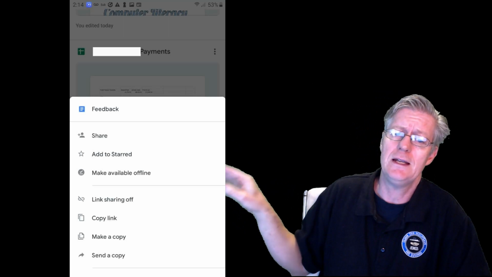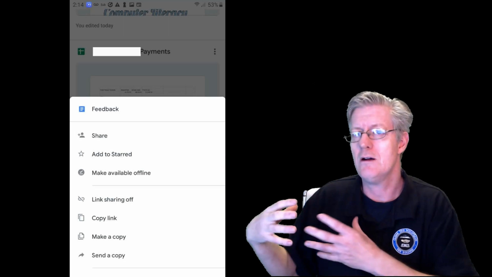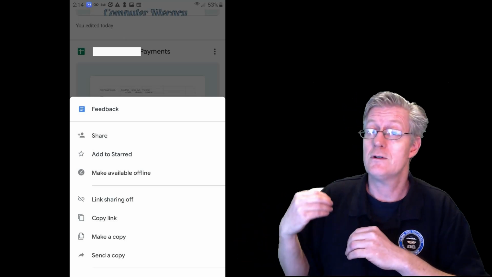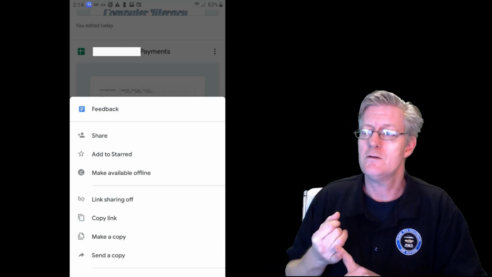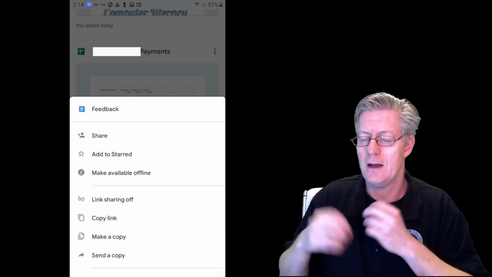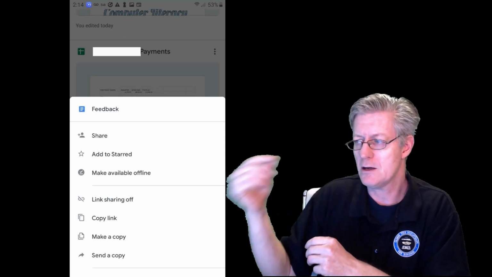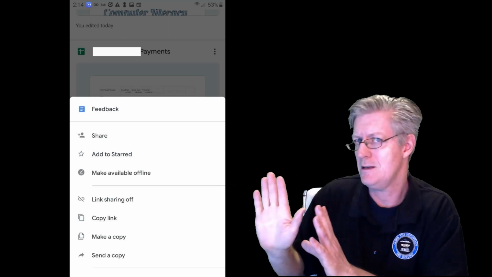Below that you have link sharing off, and you can share folders as well as files, and there's three different privileges that you can share your work. One is where you're sharing your work and the other person can just see it or view it, but they cannot make a comment, they can't make changes to it, they can just see it and that's it.